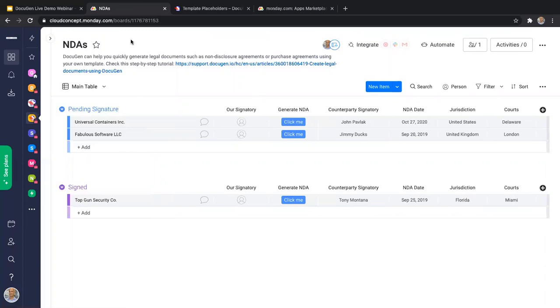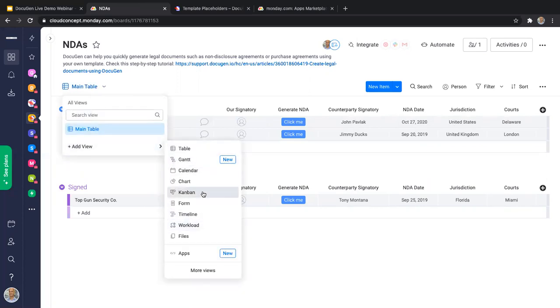Now, I had a client the other day who wanted to generate an agreement and send it for electronic signature to his customer. But moreover, he also wanted the information about the customer to be filled in by the customer themselves through a form, rather than him having to type this information in. So what we came up with was a very beautiful solution that didn't require any special know-how, nor any special applications. What we did was, first of all, we created a form, a Monday form, which I'm going to do now,